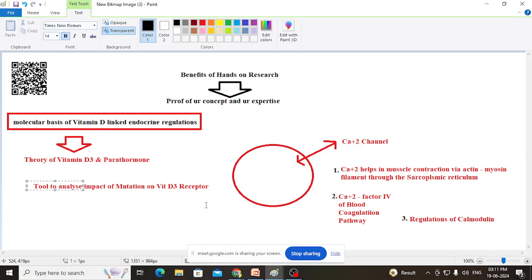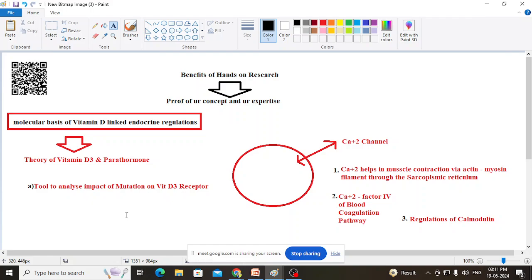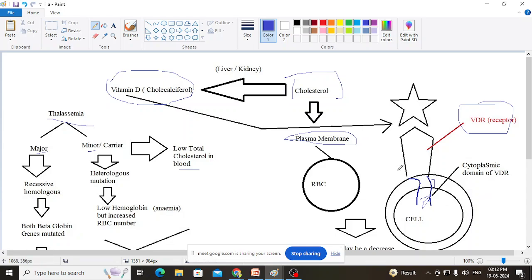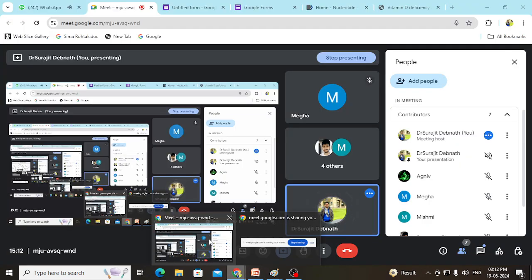Today we'll learn about the tool to analyze the impact of mutation on a vitamin D3 receptor. This is the task of today. So we'll give you a recapitulation of what exactly happens. If the structure of the VDR receptor is altered, what will be the effect, that we shall start